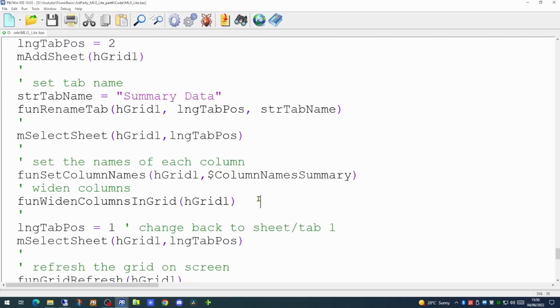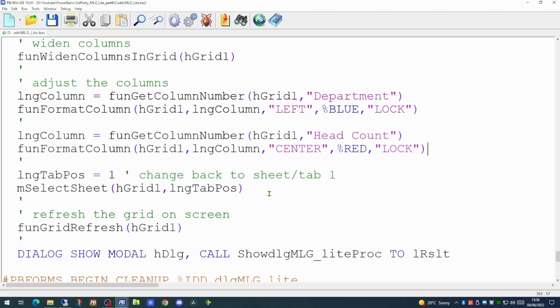So we can use existing functions in our library to actually achieve this. We're going to use the getColumnNumber to pick up the column number of the department column. We know that this department column is column 1, but it's quite useful to use this to determine where the columns are, especially if you have a large number of columns and they may move around.